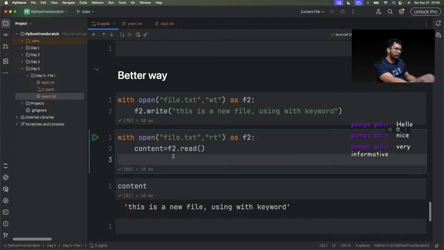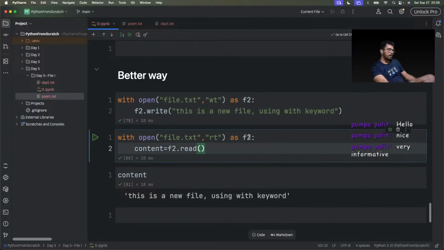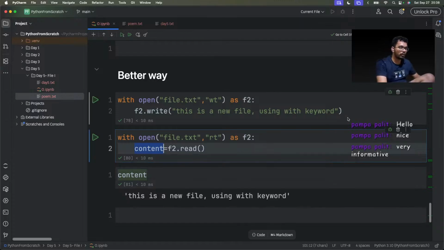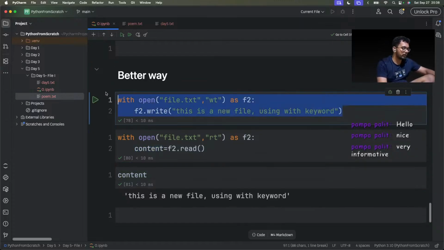Similarly, when we read it as f2, we do content equals f2.read, and it's opened as a read file. So we can just read it, and then it's saved to a variable called content. The file is closed and the content is saved. So now this is a new file using the with keyword. If we again open file.txt,